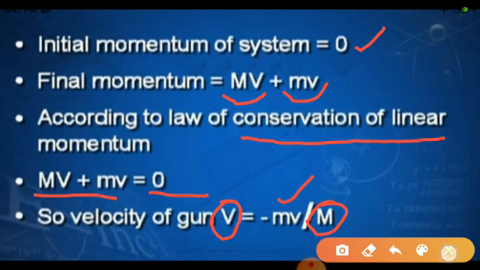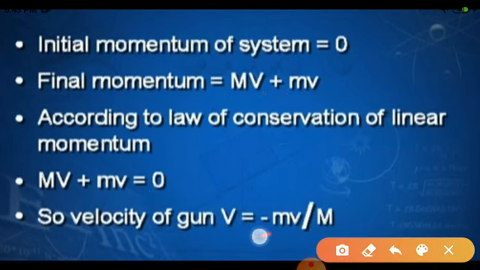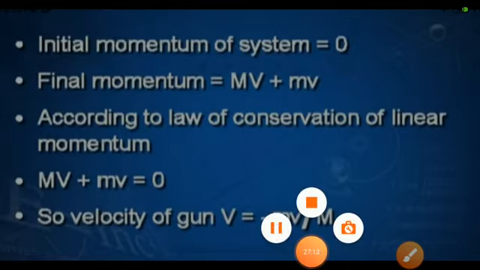This velocity has a negative sign. It means the gun moves in the opposite direction, and this movement of the gun in the opposite direction during the shot while the bullet moves forward is known as the recoiling of the gun, the recoil velocity of